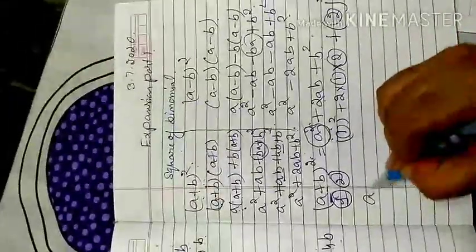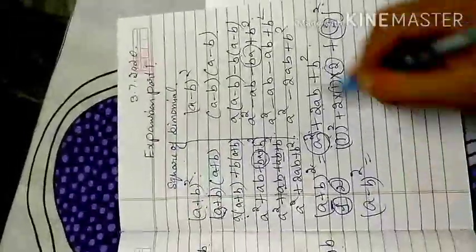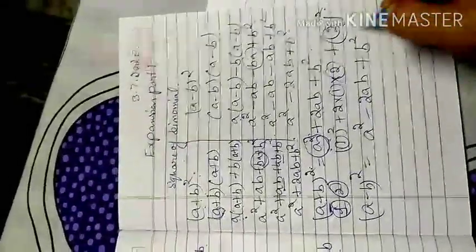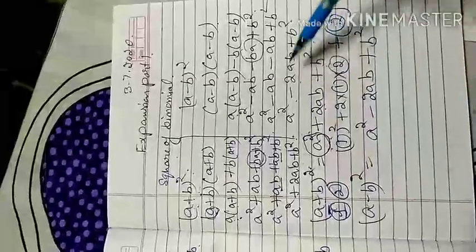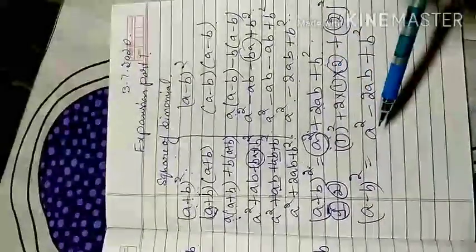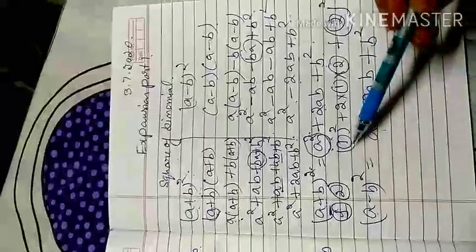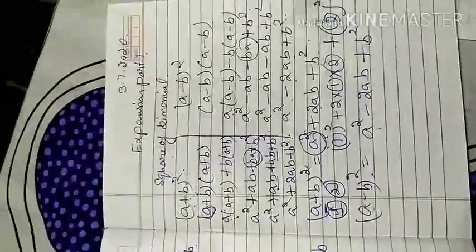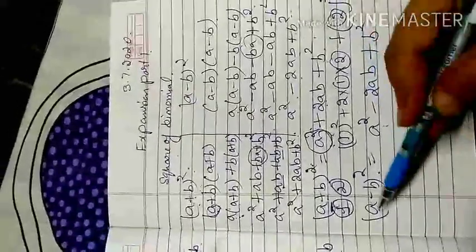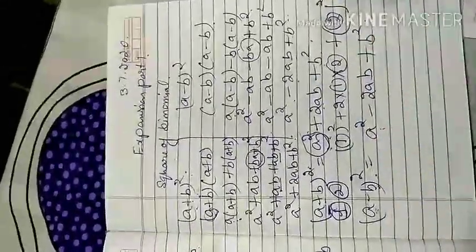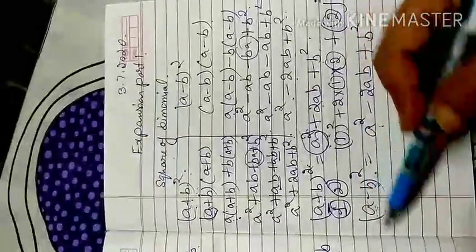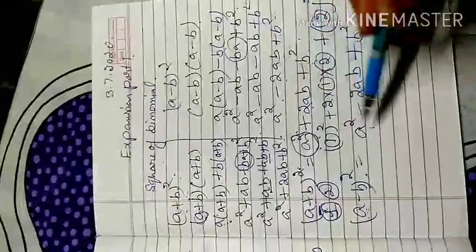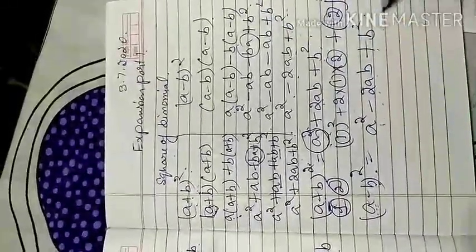Similarly, if I have (a minus b) whole square, I found that it will be a square minus 2ab plus b square. So that means first term square and last term square, because when you multiply two negatives that will be positive, but when first term is multiplied by second term accompanied with the negative, positive multiplied with negative gives you negative. And the 2, according to the formula, I proved: a square minus 2ab plus b square.